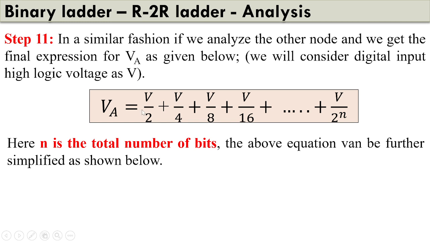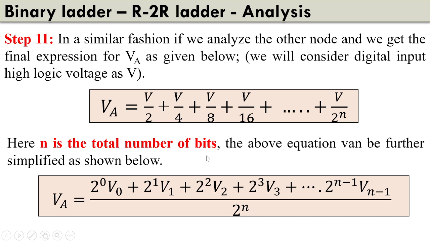So this expression extends up to V by 2 to the power n, where n is the total number of bits. So if the total number of bits is 4, then we will restrict the expression till this. Now if it is 5, then we will have another term which will be V by 32. Now this particular expression can be rearranged in this fashion, where